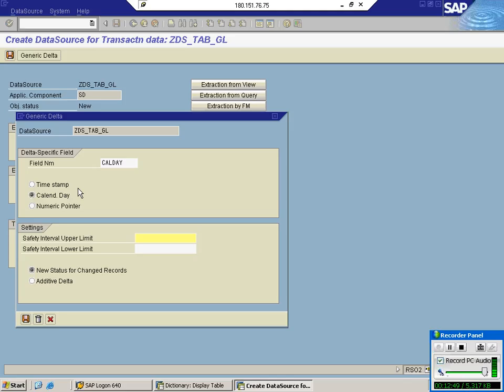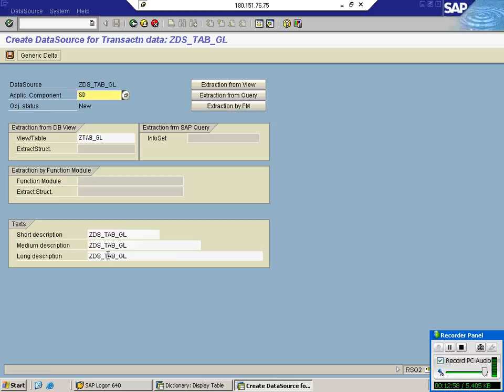So, what is our delta specific column now? Calendar day. What is it that we have to maintain? Upper limit of, I'm just taking 1 day. Then save it.